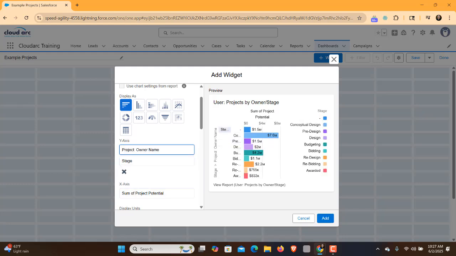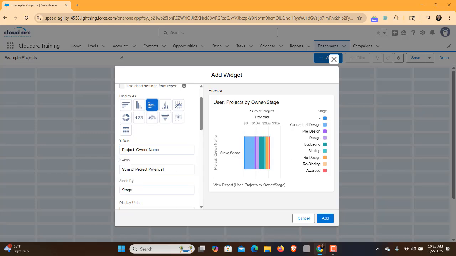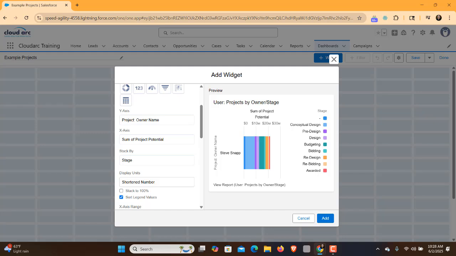And now I can see this, it's hard to see it in the review, but this is Steve, and these are all the deals owned by Steve. Now, you might be saying, I'd like to see the stack. I'd like to see what's owned by Steve and also what stage it's in, and that's where stack comes in. So since I'm in horizontal now, I'm going to go to horizontal stack just so you can see the comparison. So now in this example, if I go to owner and then I stack by stage, this shows me all of Steve's deals. So you can see Steve has up to like 25 million,